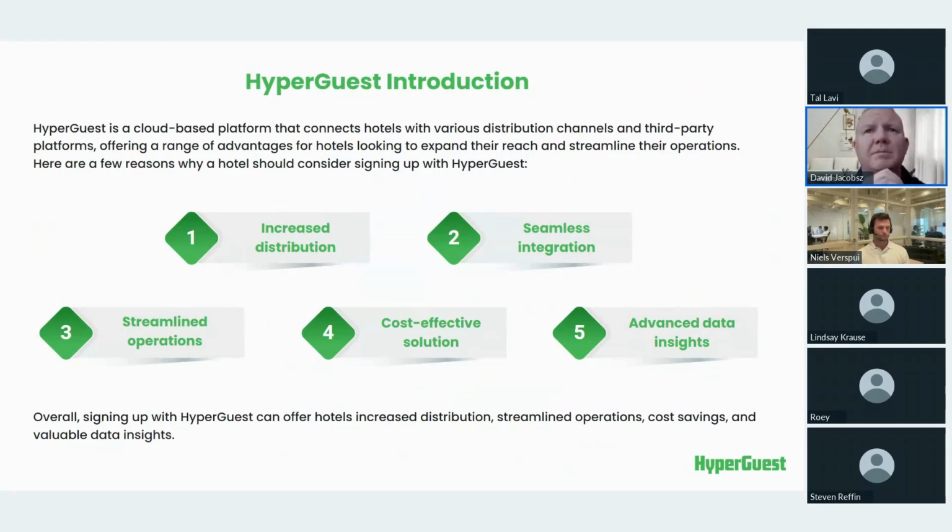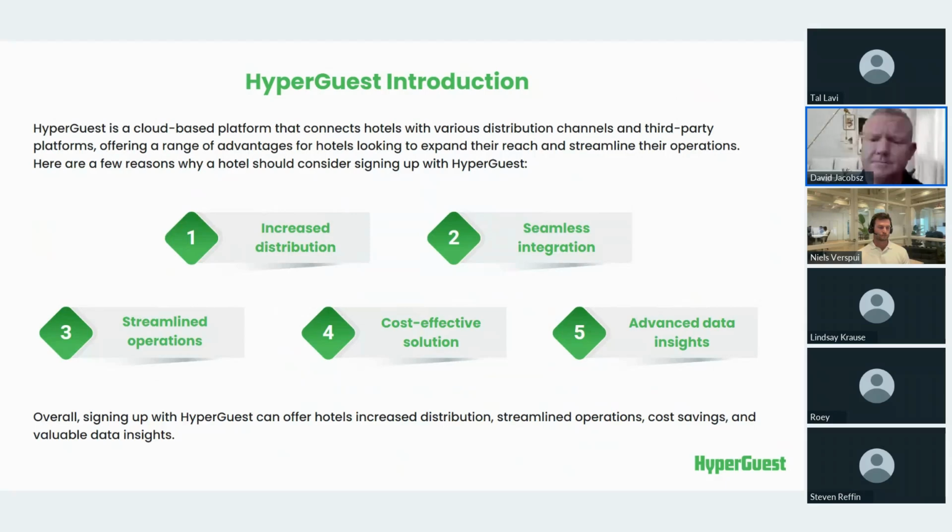Then we are extremely cost effective, and I'm sure all of you will agree that this is another discussion that always comes up in marketing meetings, in sales meetings, in operational meetings. How can we save on our cost per bookings? Now, having signed up with HyperGuest, I can tell you up front that we are 100% free to hotels. So there's a cheaper way currently to distribute via HyperGuest. So wanting to increase your average room rate or wanting to increase your revenue, another cost that you need to look at is your cost per booking. And this is where HyperGuest is a key channel for you to consider.